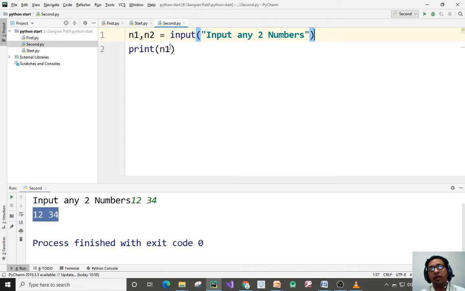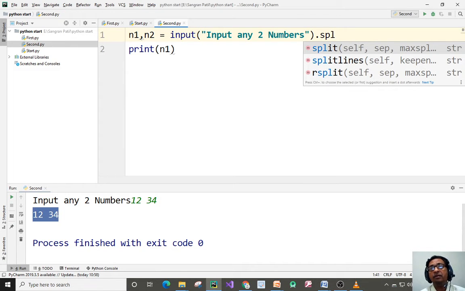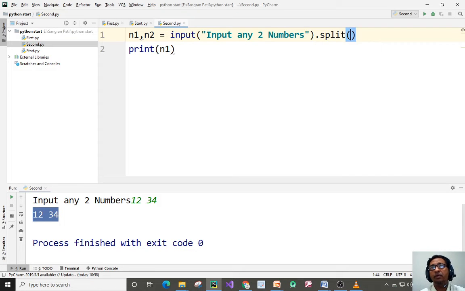So whatever data we take as a string, we can split it. This is the beauty of Python. We have to mention the character on which we want to split the data, so I give a blank space between the two numbers.